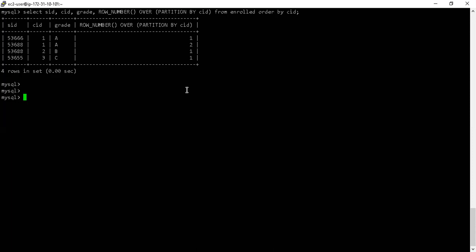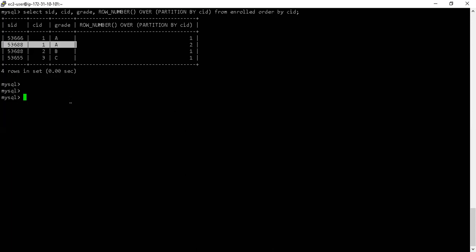But that is not to say that I'm going to ignore the uniqueness in the data. So uniqueness in the data is considered basis the course ID only, right? Again, another point of view to look at it. If you look at the first, third, and fourth rows, the course IDs are unique. Then I have the second row where again there is a repetition of the course ID, which was already there in the first row. So this is another analogy by means of which you can try and understand how this partition by directive inside the over function is actually giving you the output. Because I partitioned it by the CID.